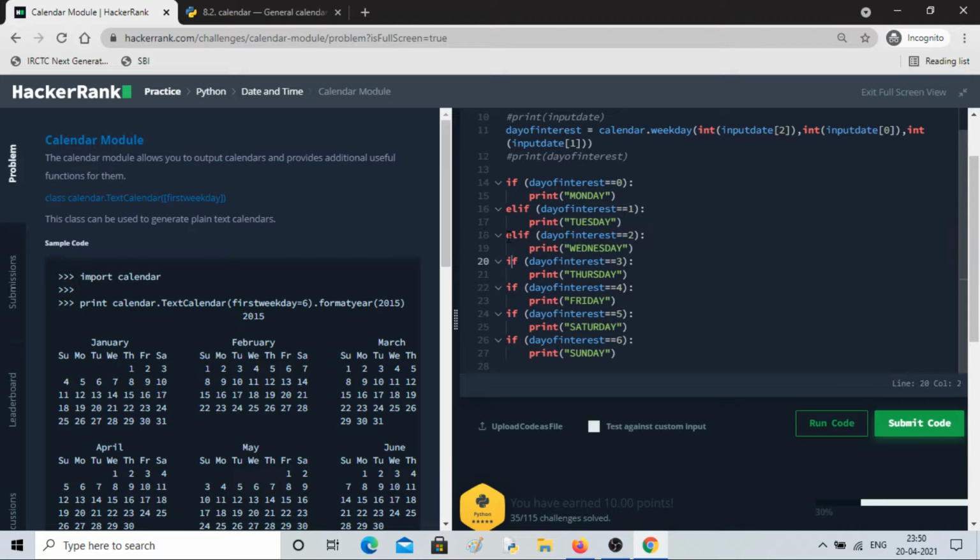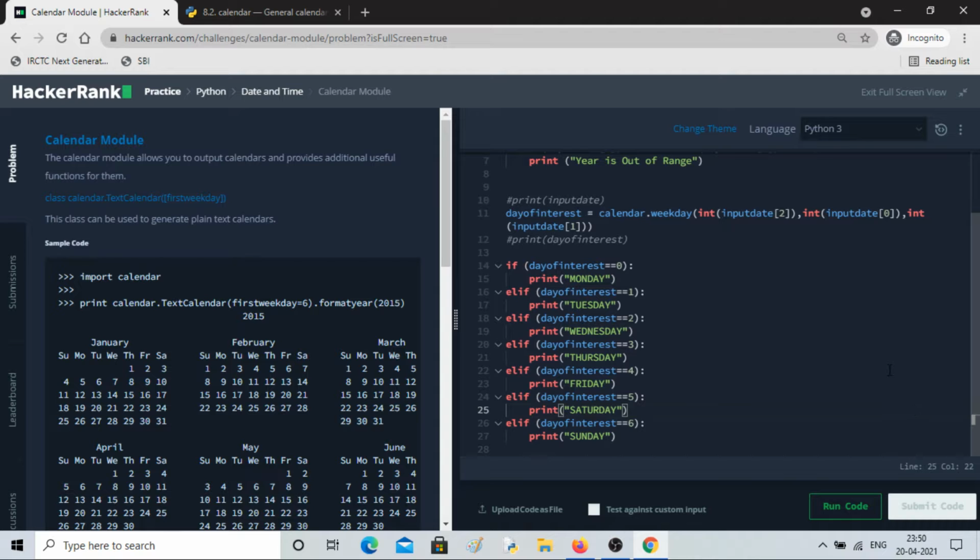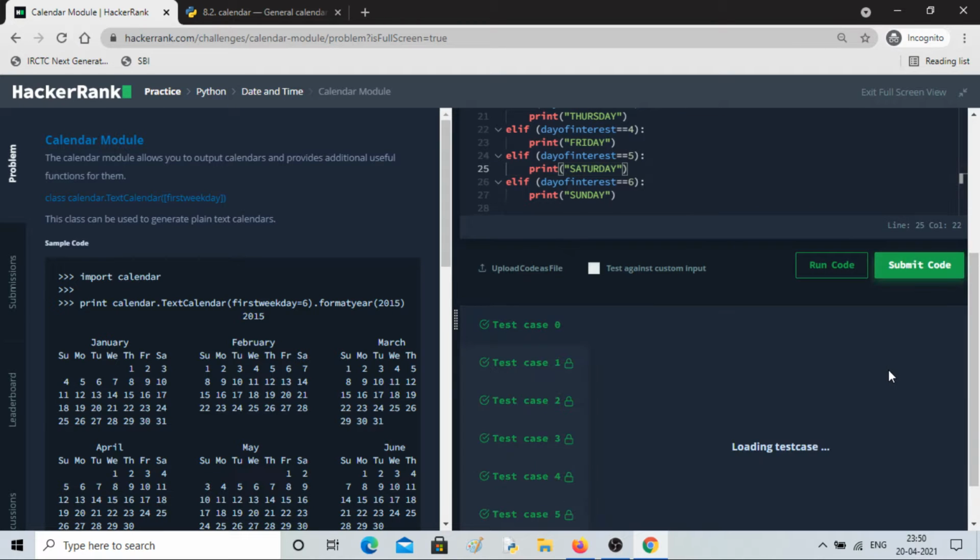Because in the previous case, it was checking for all the conditions. Else if, so in this case what will happen, if it finds its day is 3 it will print Thursday, it will not go down. Previously it was going down as well. So this would be the correct answer. Let's submit it. So all the test cases are passed.